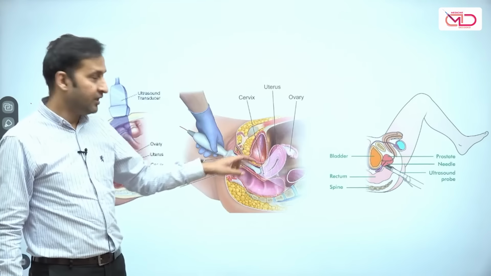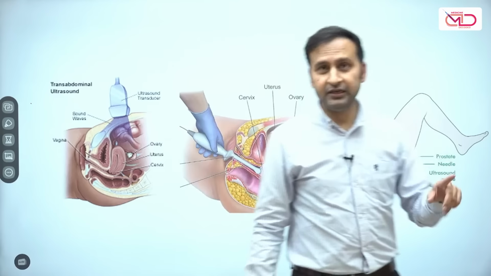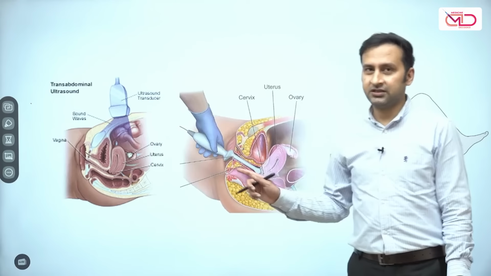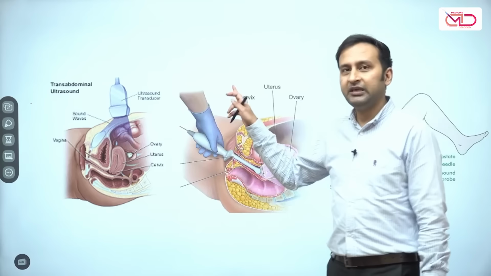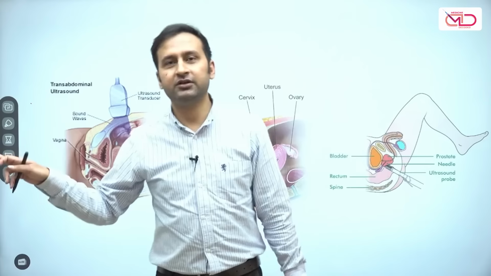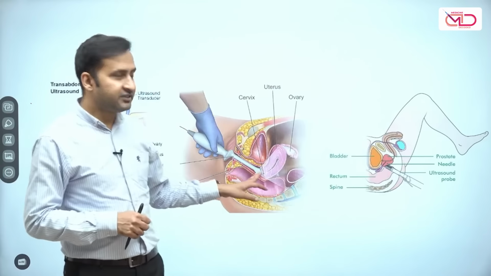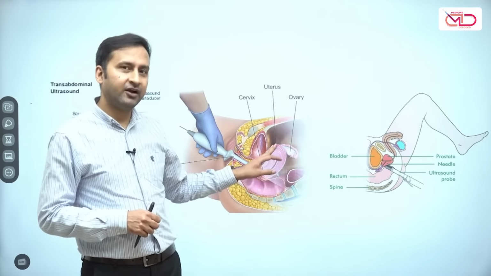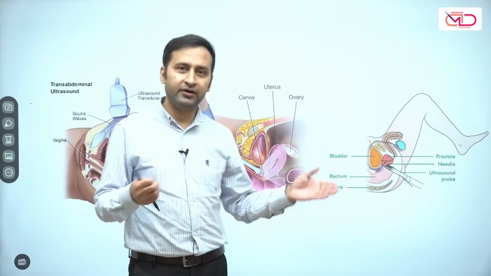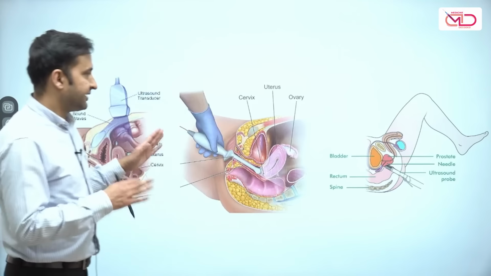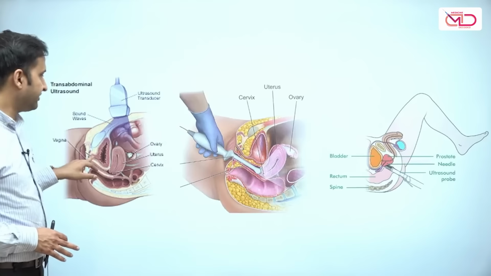urinary bladder. Now, as I told you, when we are forming an image on a sonographic screen, the part which is closest to the transducer will form the image first on the ultrasound screen. So the first image that will be formed in the transvaginal scan is that of the cervix. We won't be able to find any bladder in the transvaginal scan because the bladder is already emptied and bypassed.